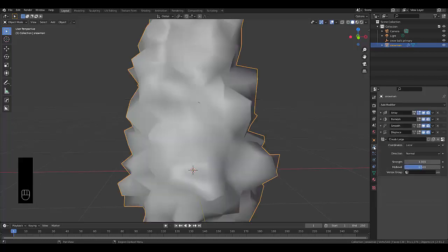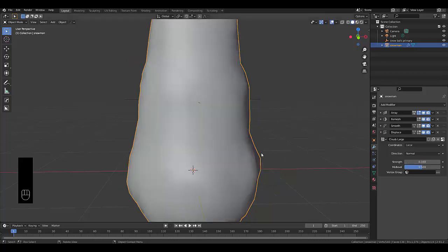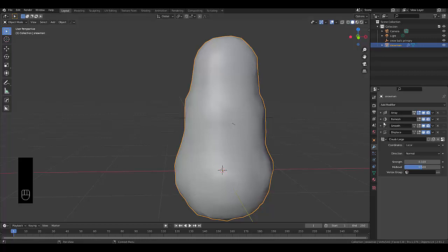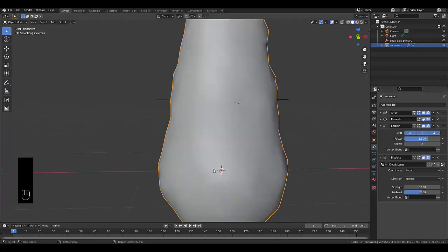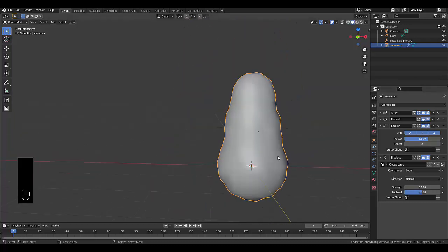Then go back to your modify properties, and we just have to change the strength. And let's just mess with the strength, perhaps make this 0.1 and give this 2 repeats. It'll look a little bit better. And I'm quite happy with that,